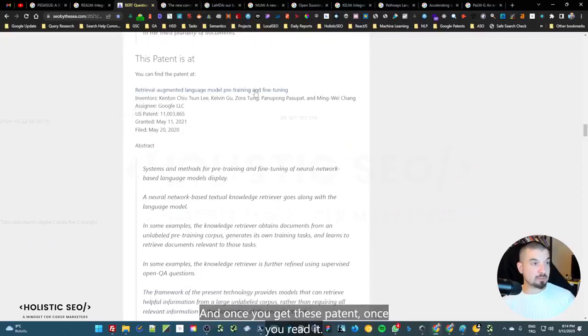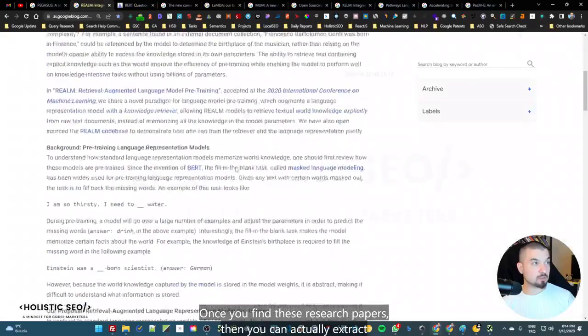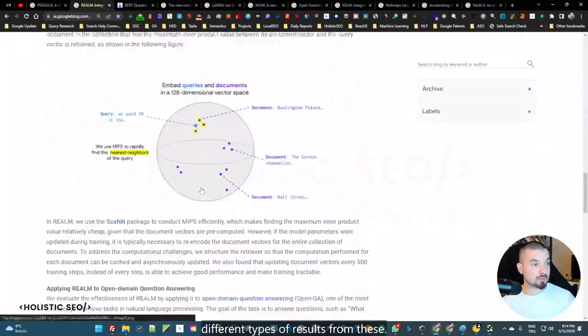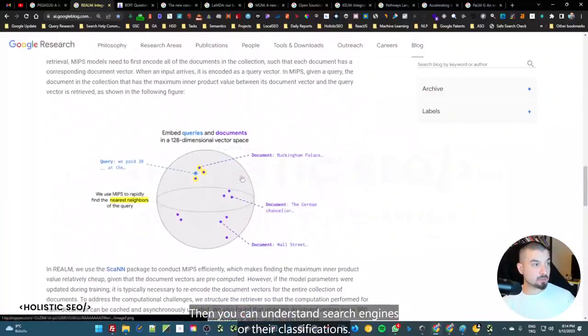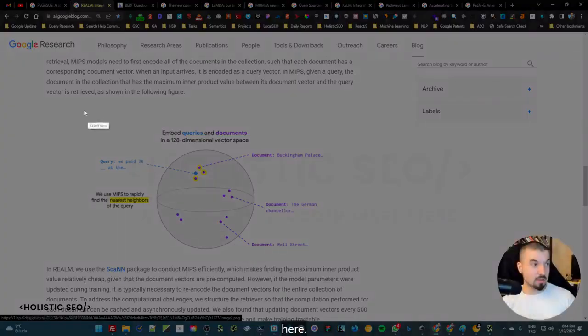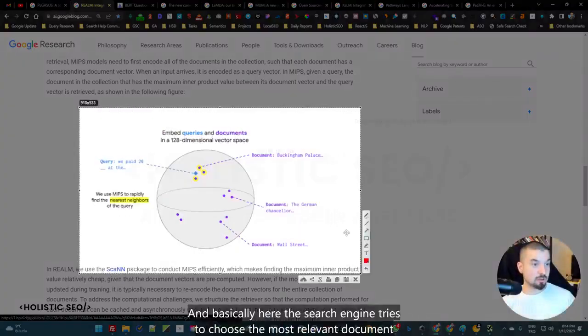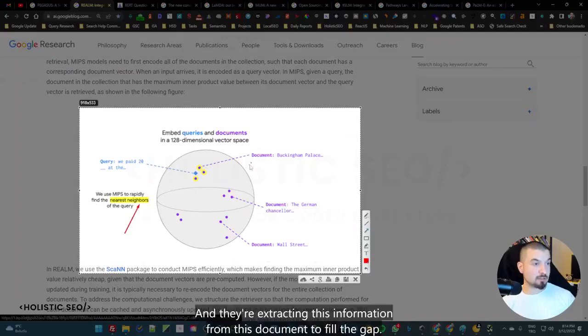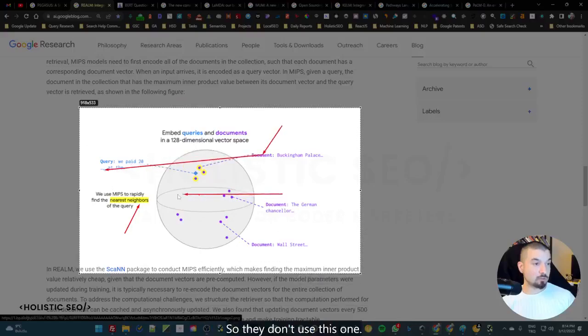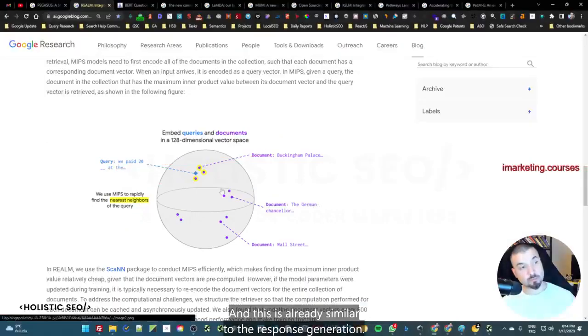And once you get this patent, once you read it, once you find these research papers, then you can actually extract different types of results from these. Then you can understand search engines or their classifications. For instance, we have a document here, another document, and another document here. And basically here, the search engine tries to choose the most relevant document based on nearest, let's say, nearest neighborhood. And they're extracting this information from this document to fill the gap. So they don't use this one. And this is already similar to the response generation